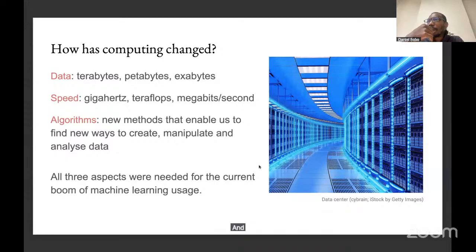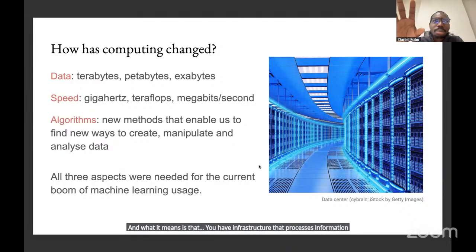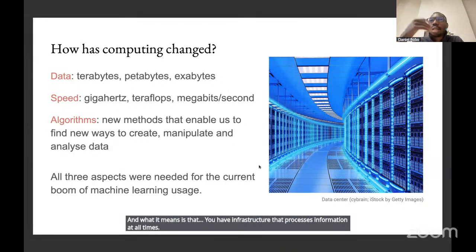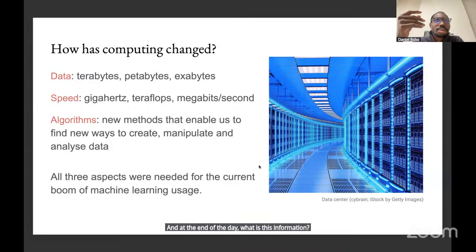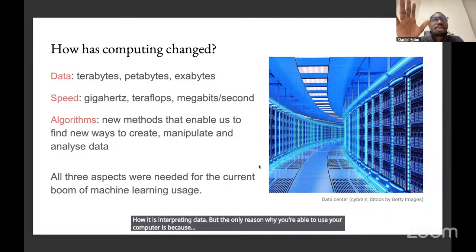It means you have infrastructure that processes information at all times. And at the end of the day, what is this information? The information is data, either collecting data or interpreting data. The only reason you're able to use your computer is because it performs processing of information, and this information is data of different sorts,